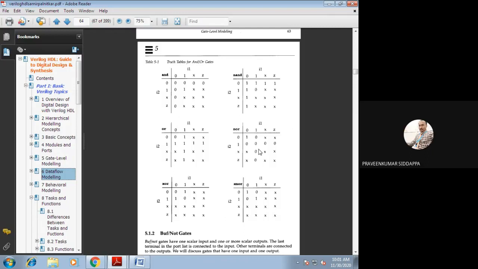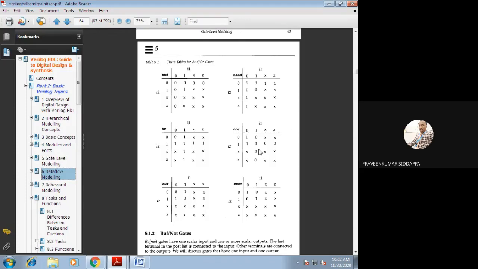Okay, all six you can do on your own. If any doubt arises, inform me. The same concept you have already studied in your logic design and digital electronics. These we have called and/or gates.